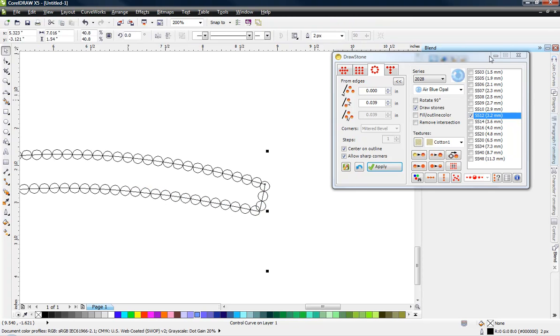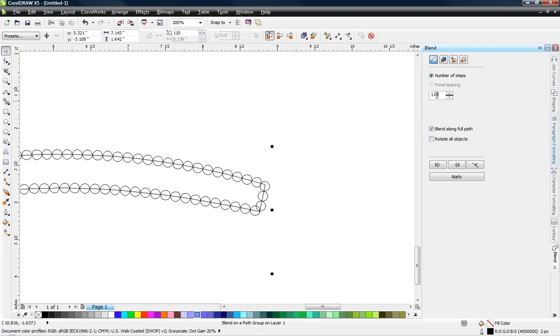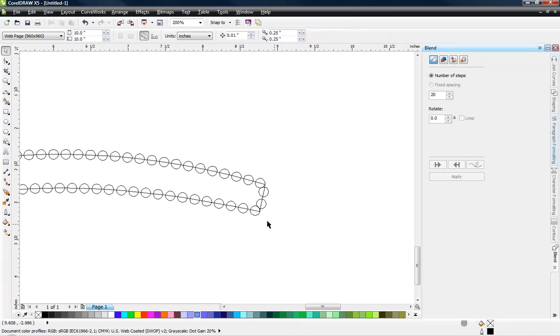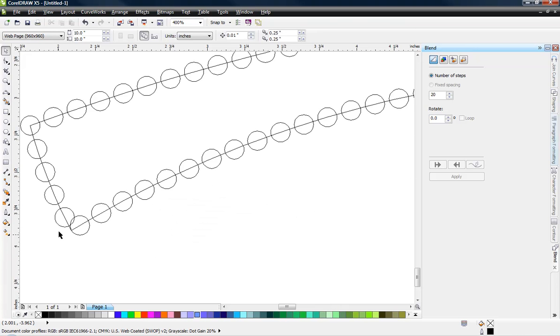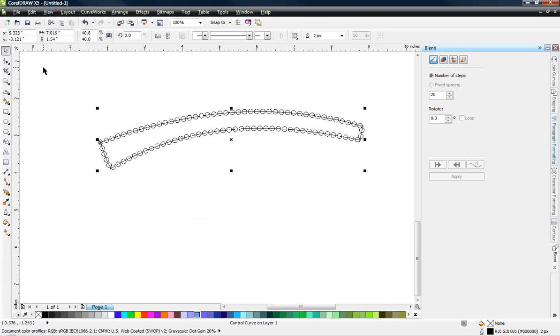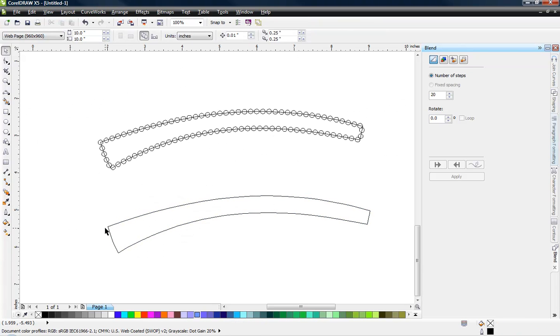Now, obviously, let me just minimize Draw Stone here for a minute. I need to go back in and lower my stone count back to 90, because we have way too many stones now. But I can modify this width and the stones will automatically modify with me. Now you may be asking yourself, if I'm going to do the CorelDRAW version, how would I fix